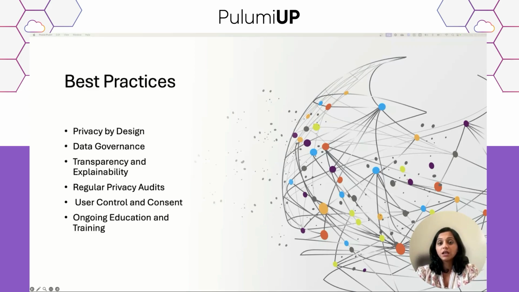Companies leading the charge in AI are already adopting many of these best practices. For instance, Apple does a lot of processing for Siri on device to enhance privacy. Google has implemented differential privacy in some of its language models. These examples show that it's possible to innovate while still prioritizing user privacy. Remember, these best practices aren't just about compliance or avoiding problems. They are about building better, more trustworthy AI systems that can deliver value while respecting individual privacy.